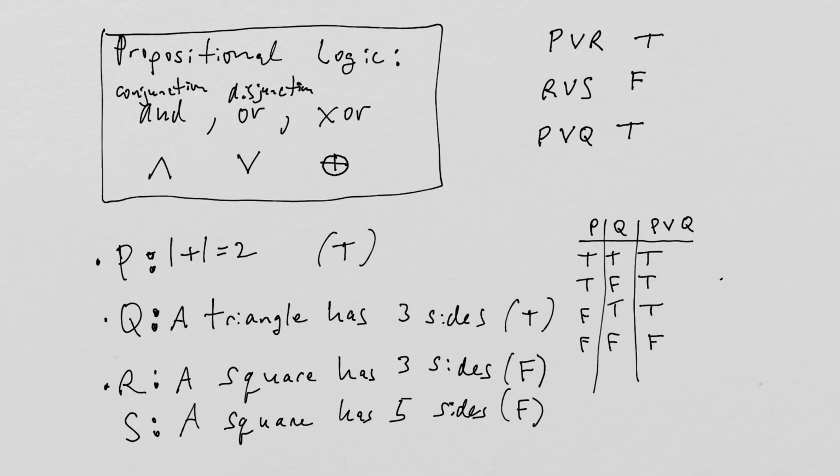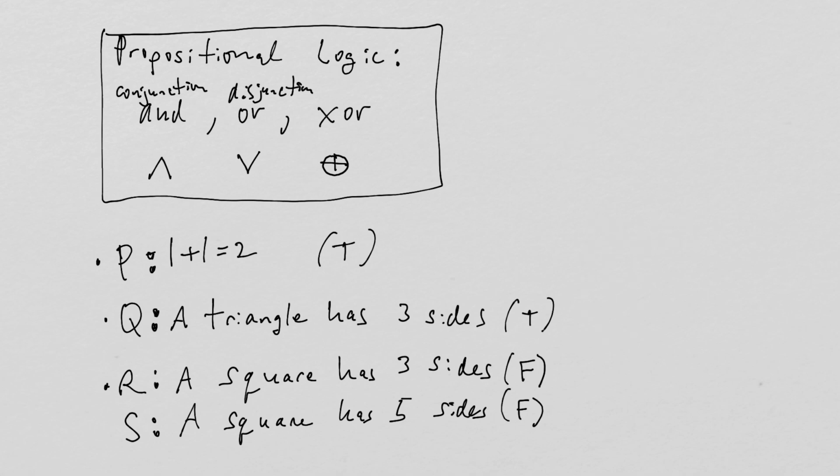Now, the third thing on this list is something called XOR. And I'm going to erase this stuff on the side and explain what that is. XOR stands for exclusive OR. And that's usually how we use regular OR in the English language. So if I say P XOR R,